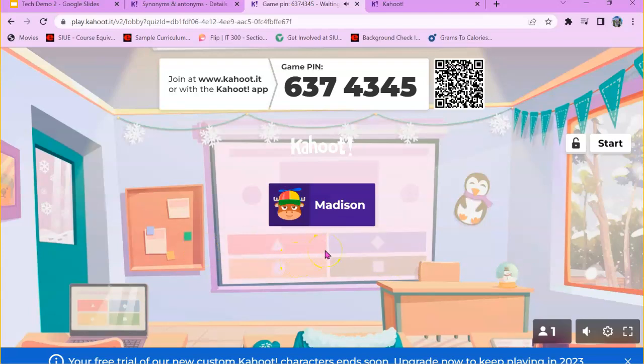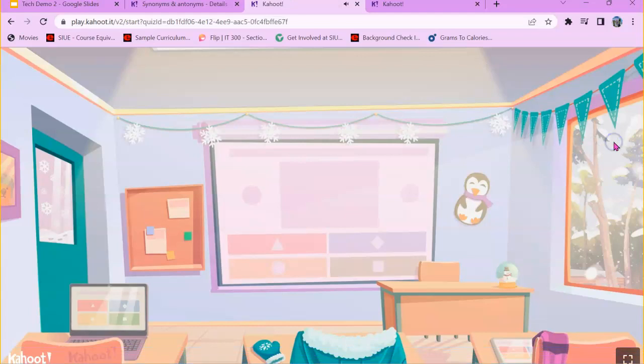One thing about having Kahoot is if a teacher feels that a student's username is inappropriate or anything like that, they're able to remove it by just hovering over the username, and a white line will pop up, and if you just click that, that will get rid of that username. So then you're going to click start,